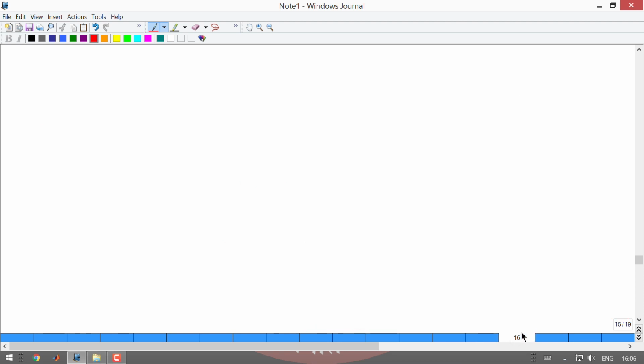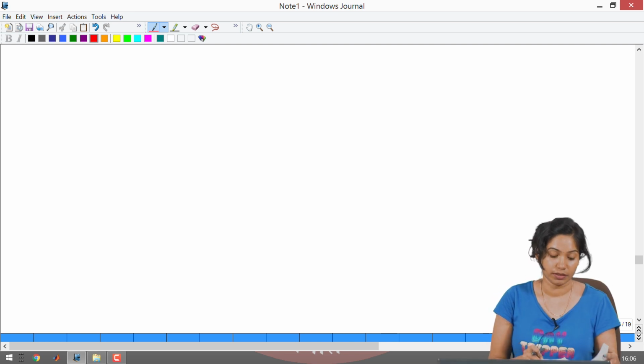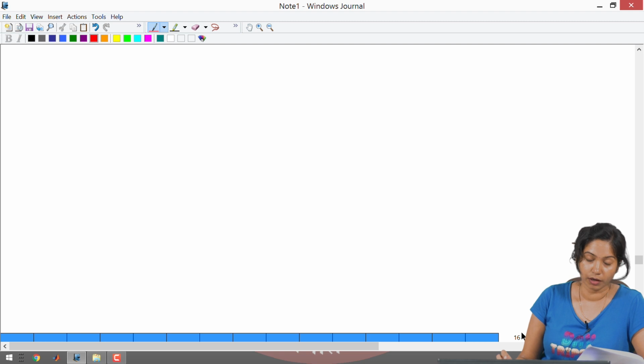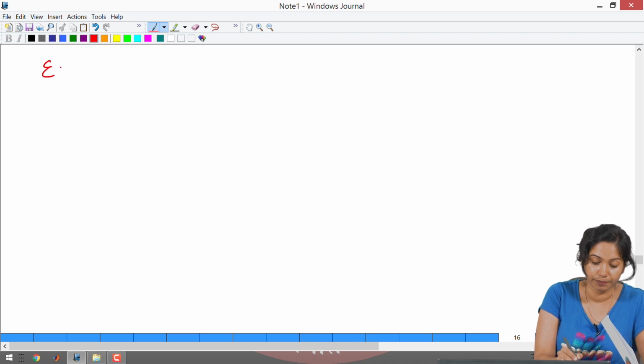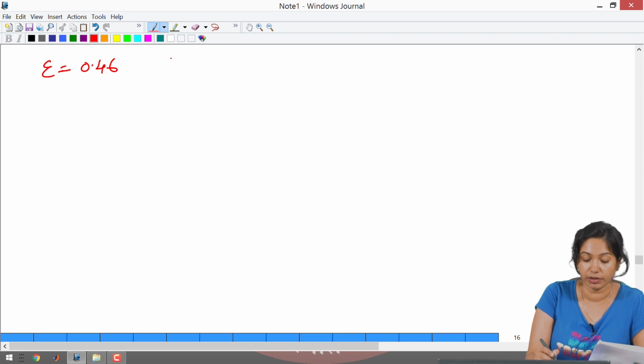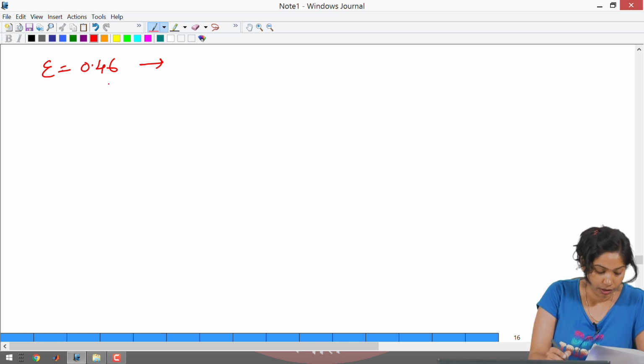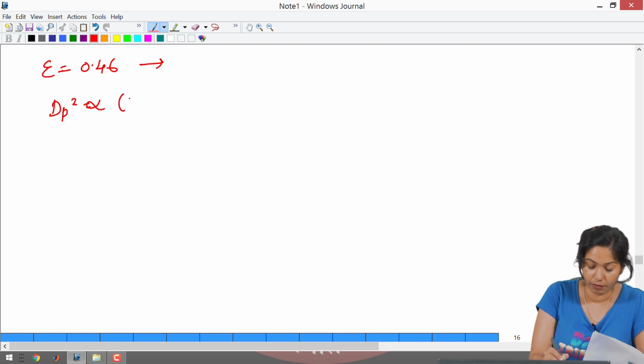And the other part is, if we are taking an error of 0.01 in sigma, how sensitive it is, that we have to find out. In the question initially it is given that sigma equal to 0.47. So, if you are taking an error of 0.01, sigma will be 0.46. If sigma equals 0.46, how sensitive it is, that we have to calculate. For that we have the relation from the Kozeny-Carman equation, that dp square is proportional to (1 minus sigma) the whole square divided by sigma cube.